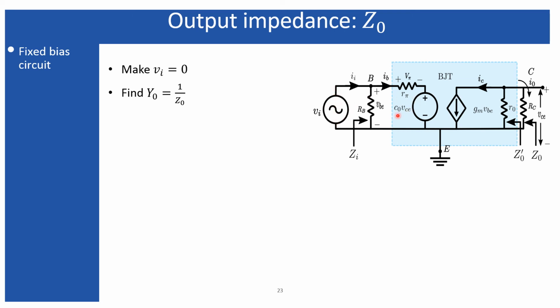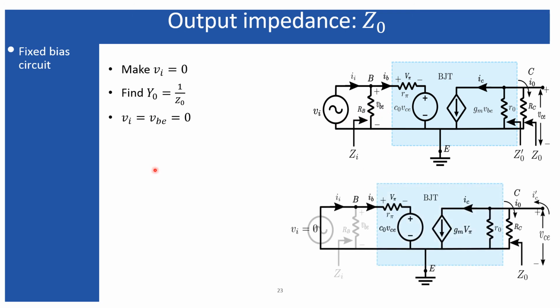If this circuit was driven by a current source, then making the current source 0 means we have to make an open circuit across this terminal. Right now I am making a short circuit across this terminal. So making Vi equal to 0 automatically makes Vb equal to 0, because Vi is equal to Vb, as we have already seen in my earlier slide. This circuit represents the short circuit which I have placed across the input source. Therefore Vi as well as Vb become 0 simultaneously.